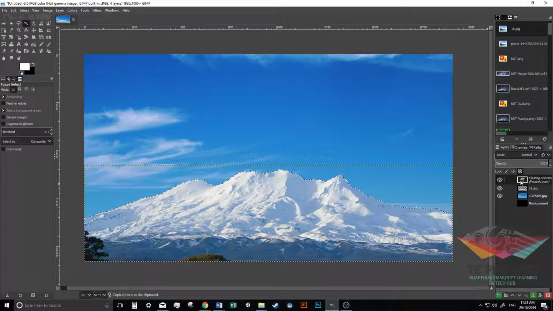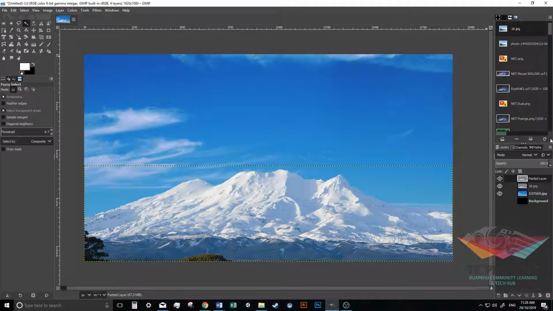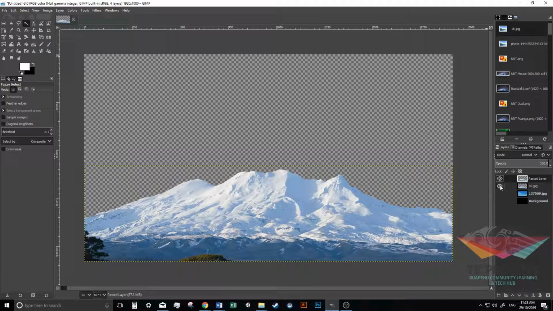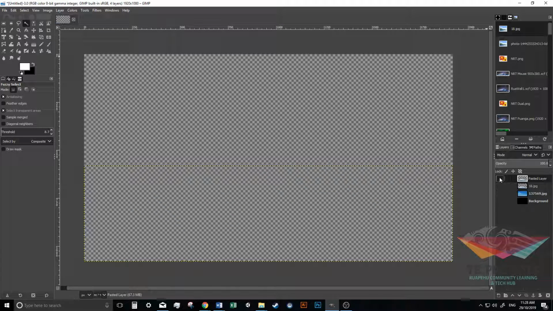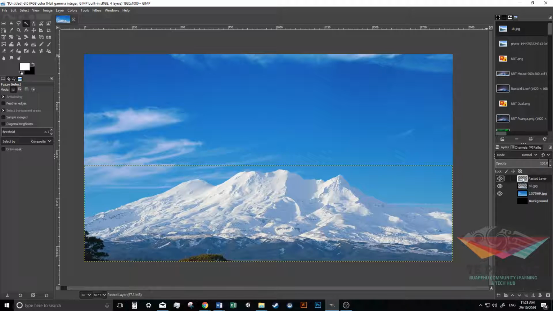Control C, Control V, which is copy and paste. And I want to right click on this layer and go to new layer. So now we've got two Koros. Okay. Alright, let's bring them both back in. And on this top layer,